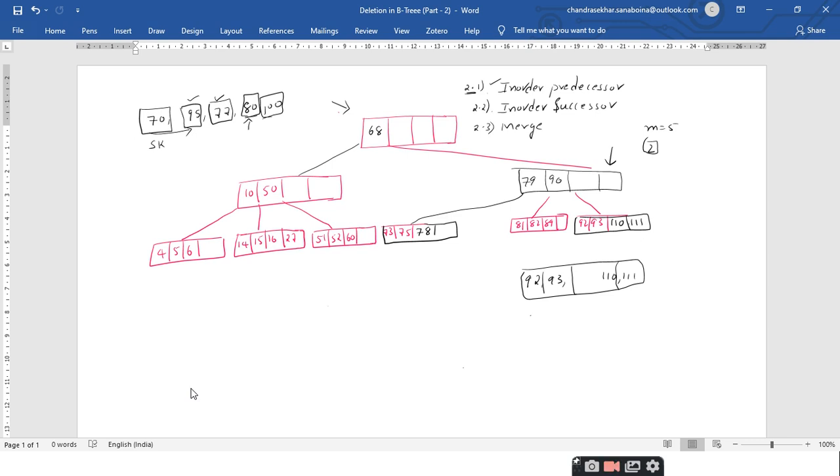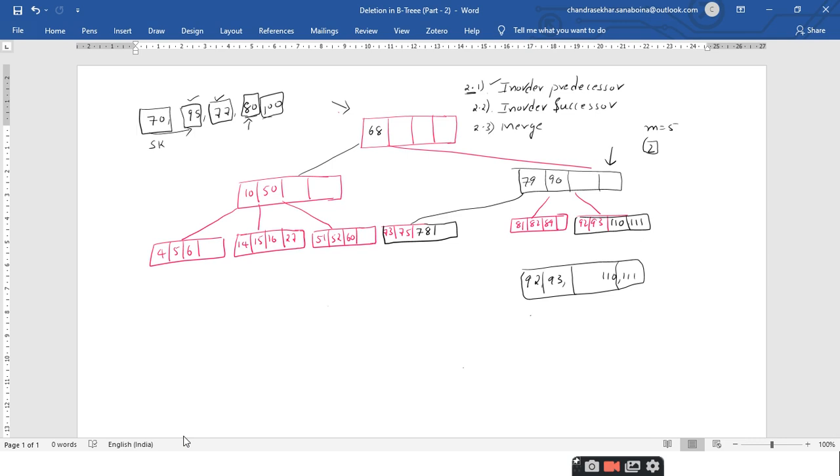Now you can see here that it is not violating the properties. The left hand side elements of 79 are less than 79, which is 73, 75 and 78, and the left hand side elements of 90 are 81, 82 and 89, and the right hand side elements of 90 are 92, 93, 110 and 111. It is satisfying. Is it right or not? Yes, sir. Right.